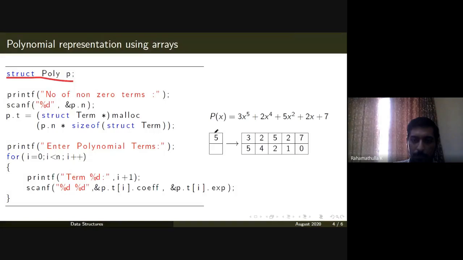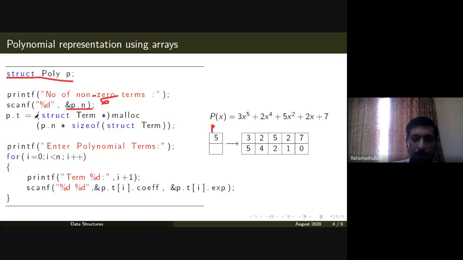This is my p. P contains two parts, one for representing the number of non-zero entries, and this is a pointer to the array. So printf number of non-zero terms, and you read it as p dot n. It will be stored here. You give an input 5 here, so that 5 will be stored here.